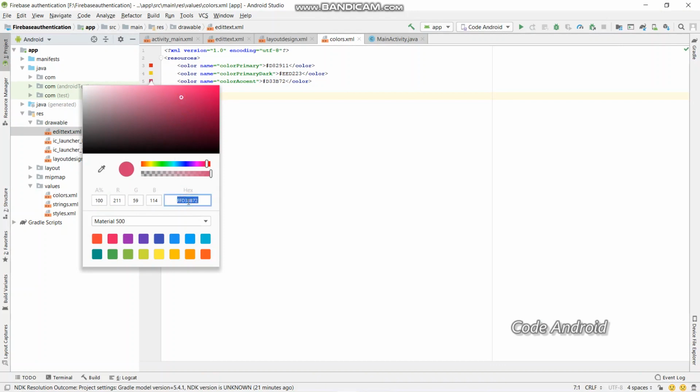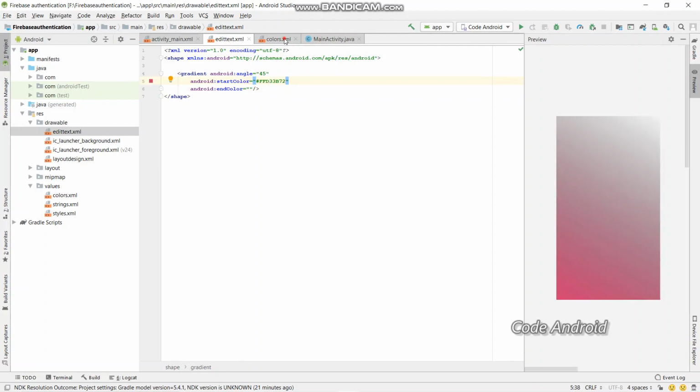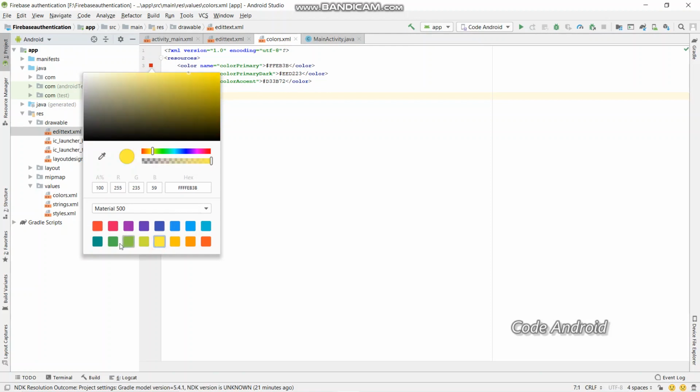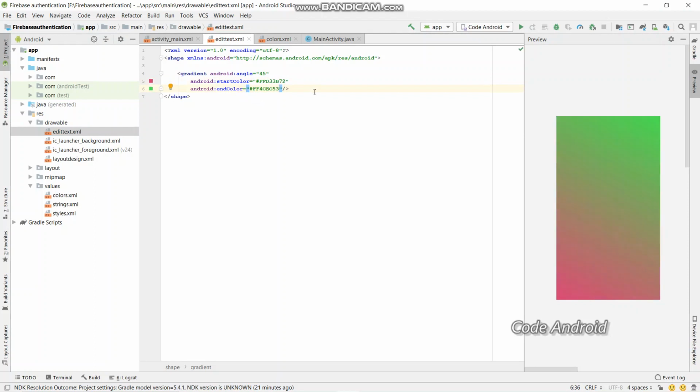Okay, copy the hexacode and place it here. Okay, again go to colors and select one more color and copy that hexacode and place it here. And